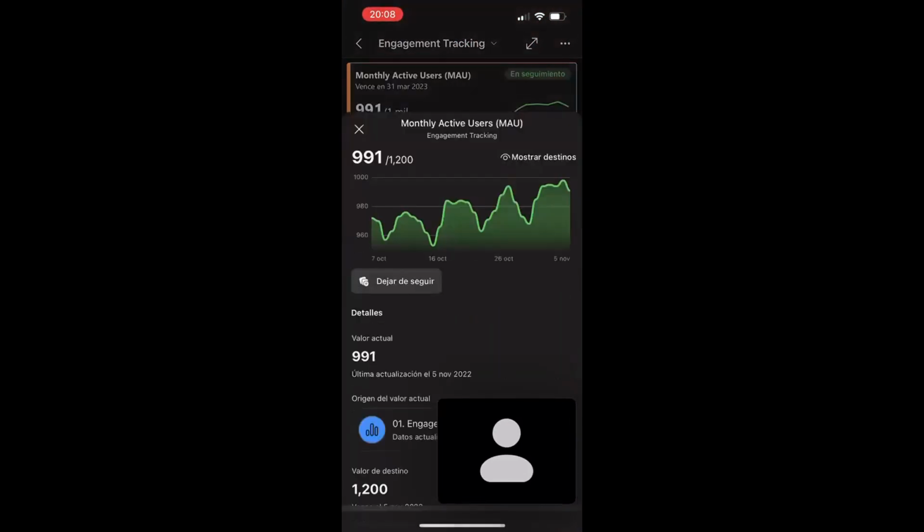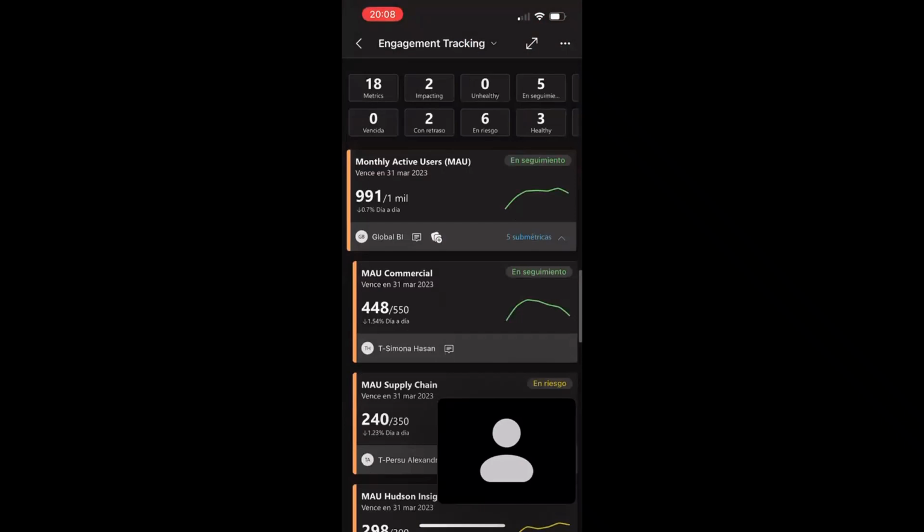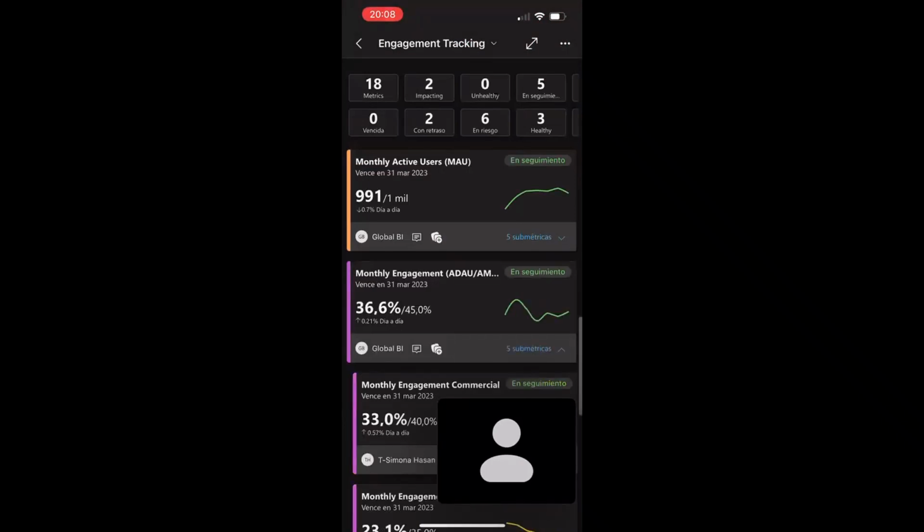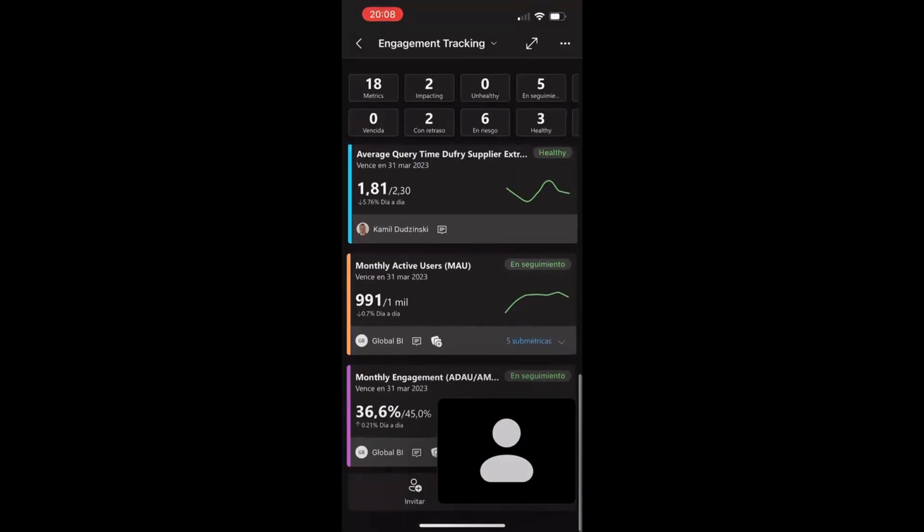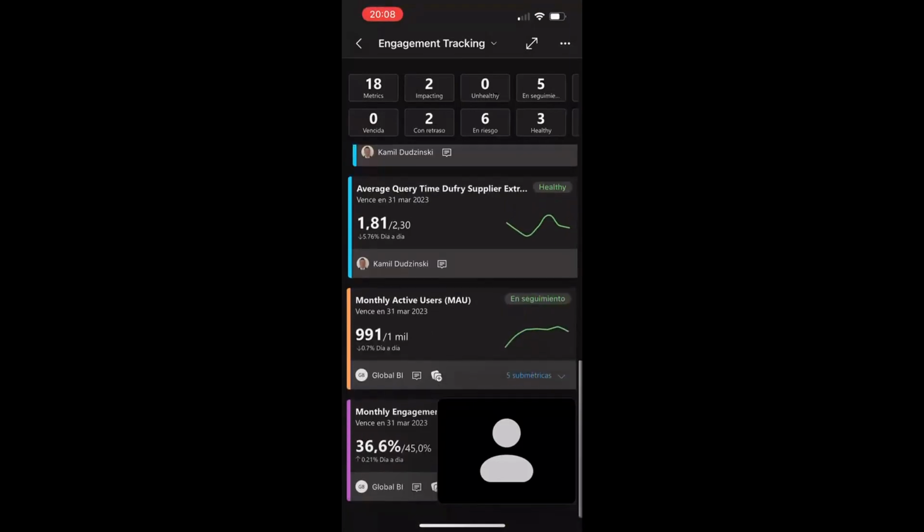So if we are growing, if we are not growing, and this is again for some development environment, and to take actions with the different stakeholders, which in this case is my own team. We are discussing internally where to put some actions and how to get more people into our platform.